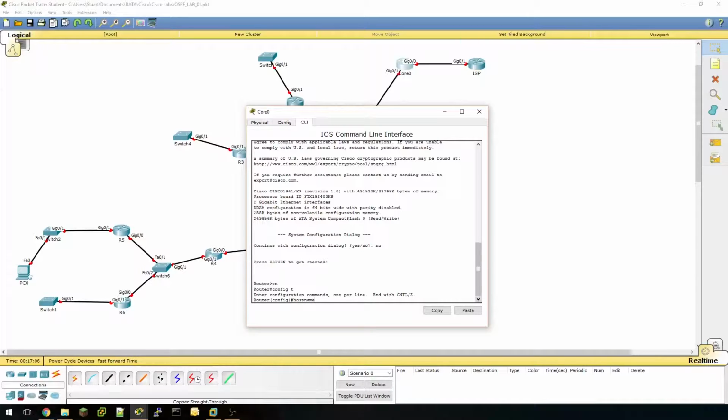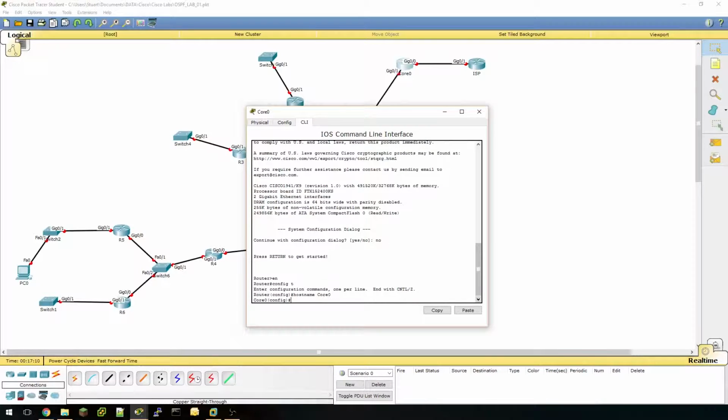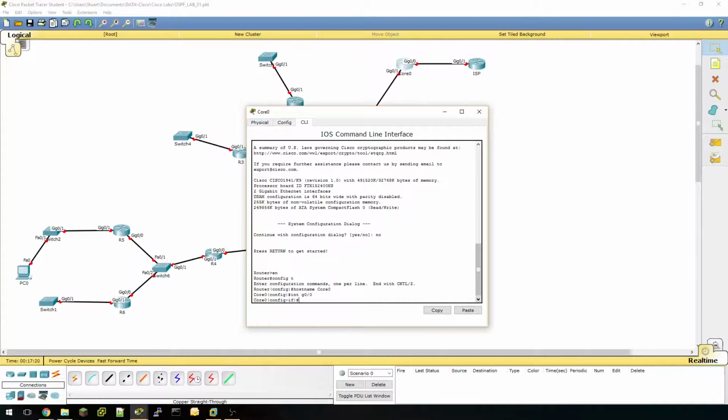You can tell my typing skills aren't the best, but believe it or not, they are a definite improvement over what they were before. So hostname is now done, and we want to go into interface gig 0/0, and it'll be IP address 10.0.0.2 with a